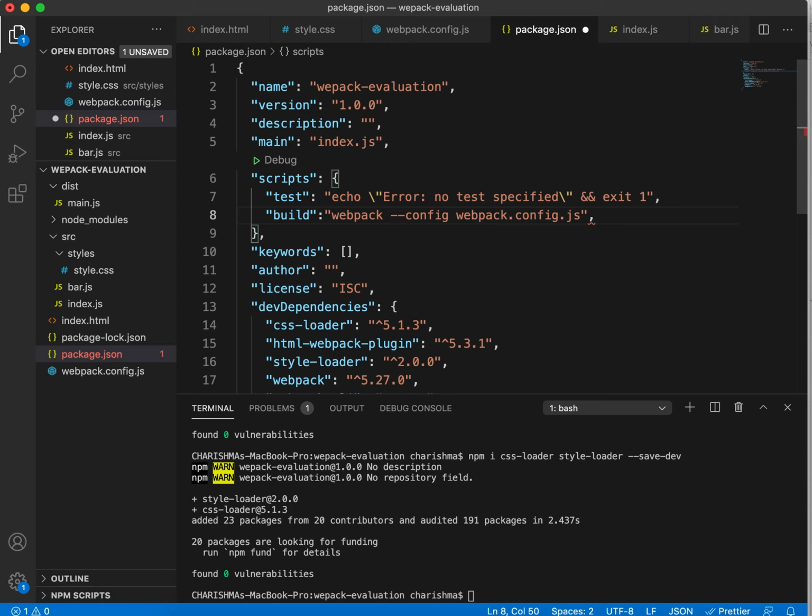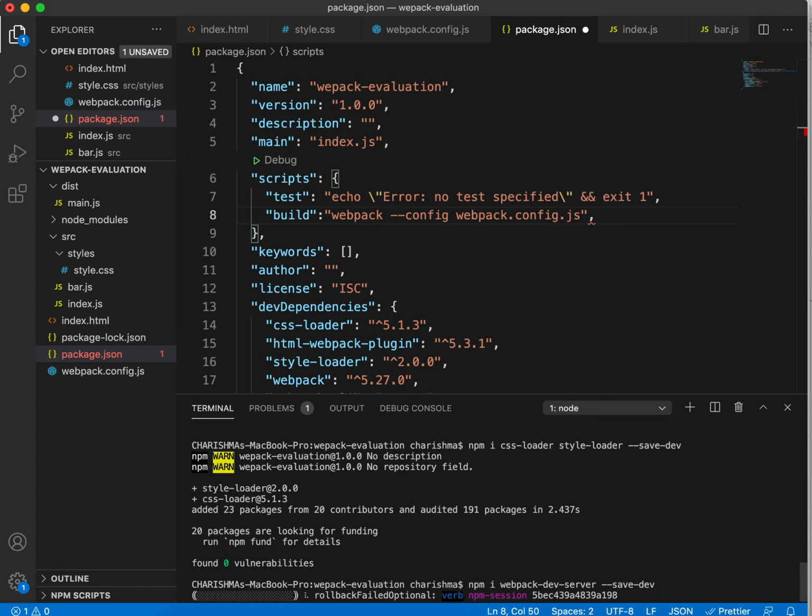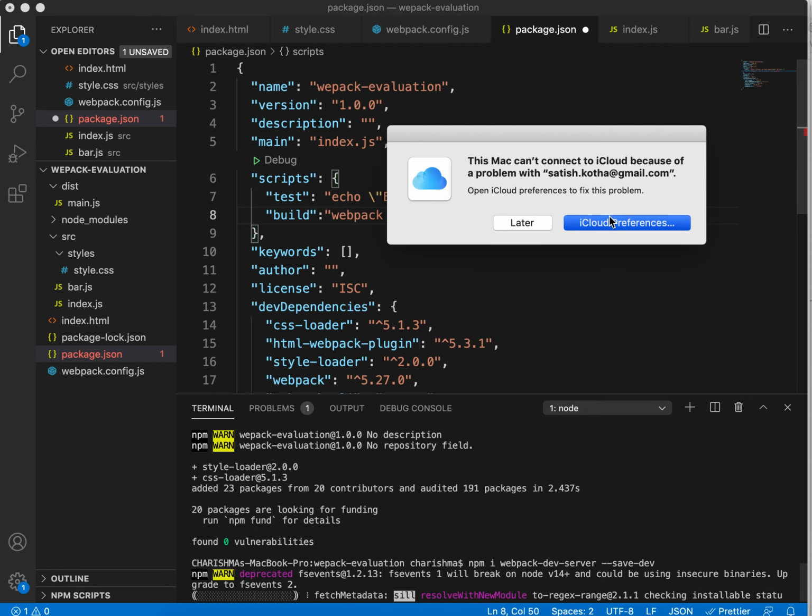to open our HTML file using a server, we need a server. For that we need to install webpack server. To do that, we use npm install webpack-dev-server into our dev dependency. After installing the server, let's write the